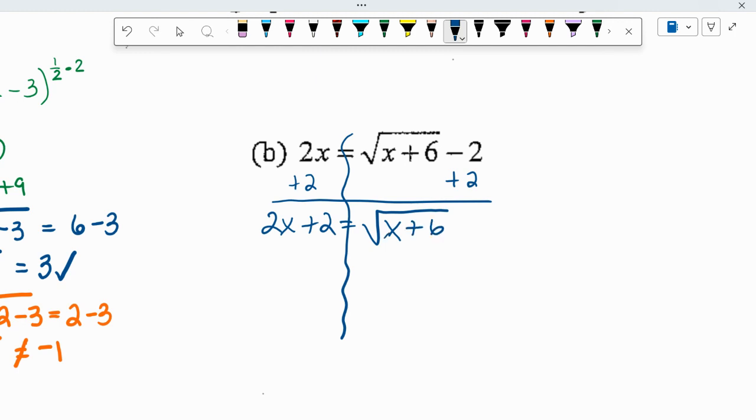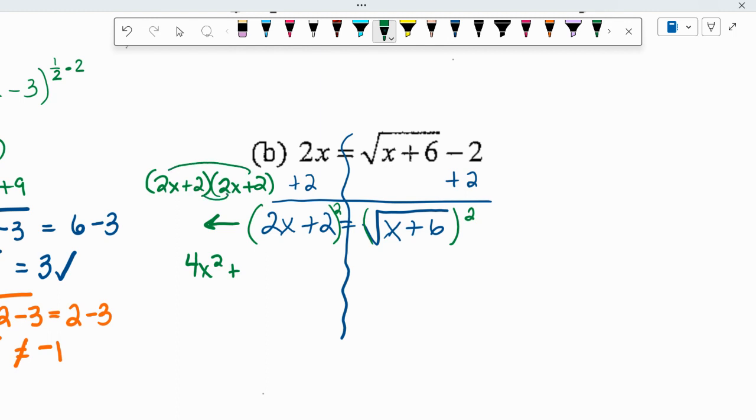Nathan, how do I get rid of that square root on the right? What do I have to do to both sides? I have to square it. Yep. I have to square both sides. Remember that when I square a binomial, it's really saying 2x plus 2 times 2x plus 2. Okay. 4x squared. Well, 2 times x is 4x plus 4x, which is 8x plus 4